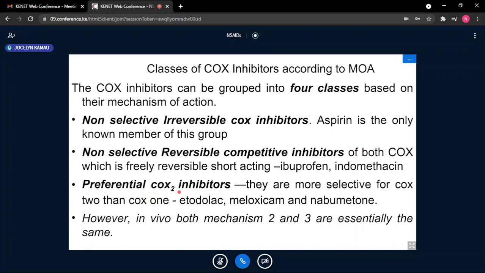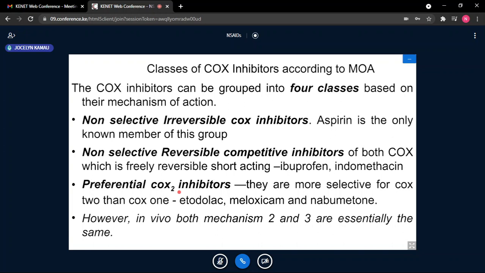Like when you go out there in the market, you will find a drug like meloxicam. Meloxicam is an enolic, an oxicam. There is piroxicam, there is meloxicam. You find meloxicam causes lower GIT irritation. The reason is that it has higher binding to COX-2 as compared to COX-1, so it has preferential binding to COX-2.